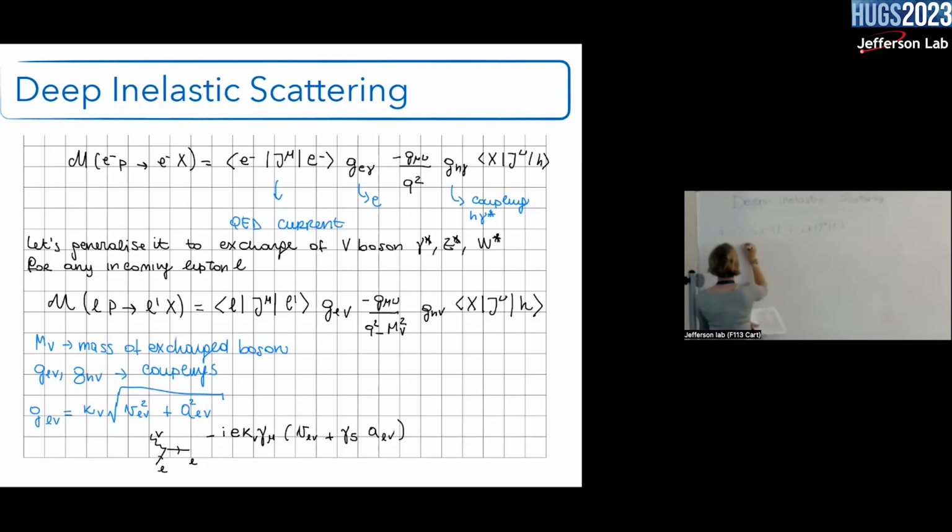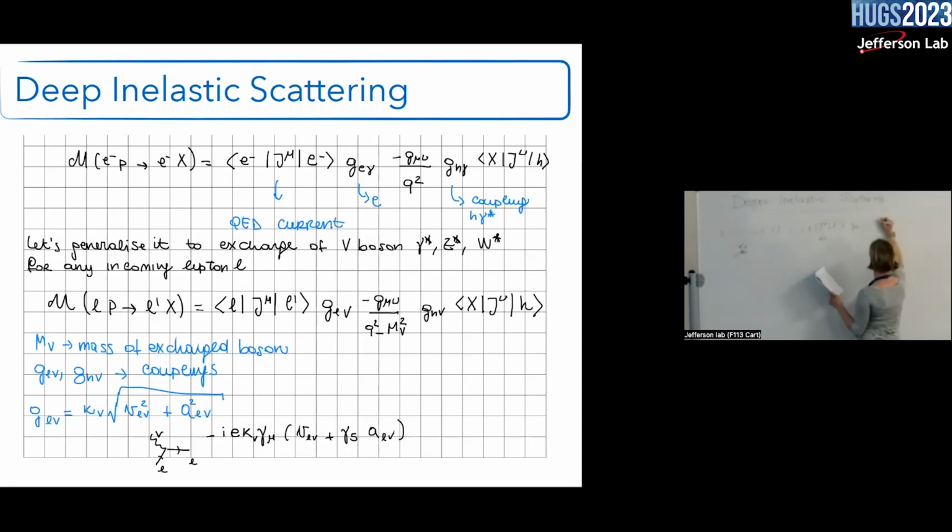So this is this interaction here, no, of the lepton with the QED current, J_mu. And then you have the coupling of the lepton with the vector boson. Again, let me call it V star instead of gamma star, because you can have also W and Z. And then you have the propagator,